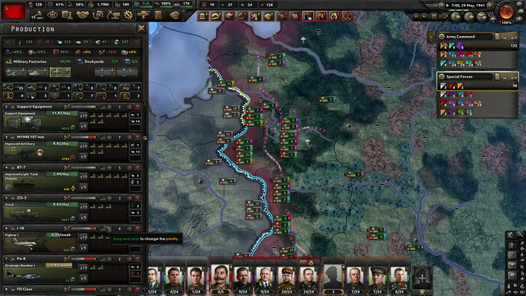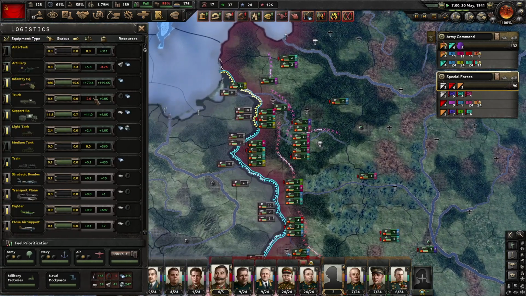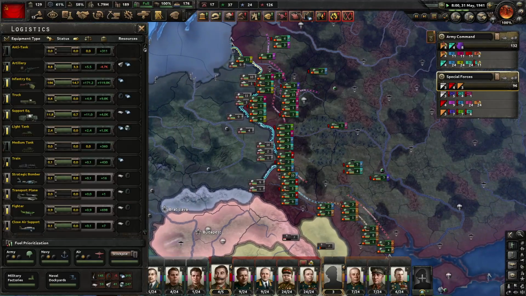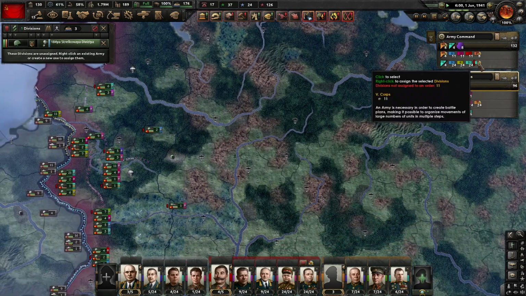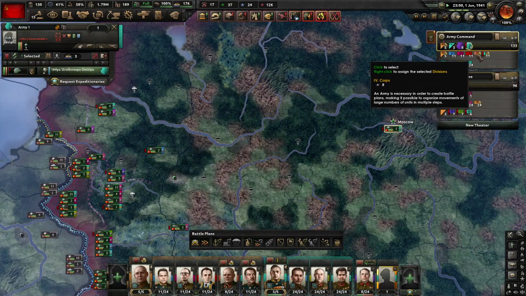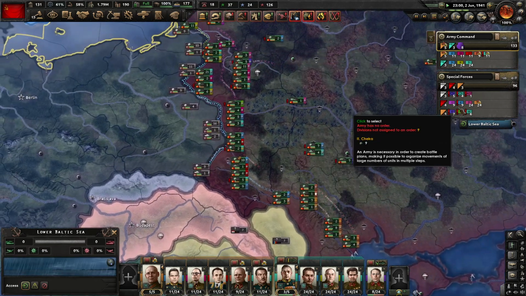Minus 5.6. Where are we losing trucks to? I'm guessing it's just the supply thing, because we're not making divisions that need them. And... okay, there we go. But yeah, we're not making divisions that need them. There we go. And we're not exercising or using our tanks, so...